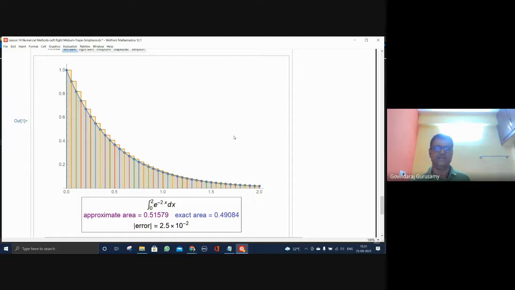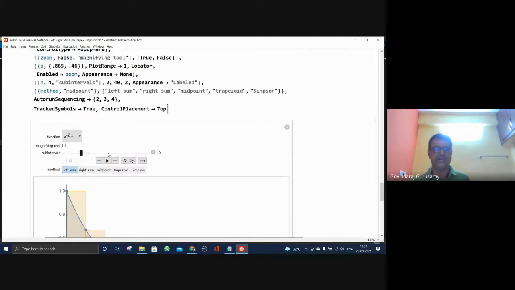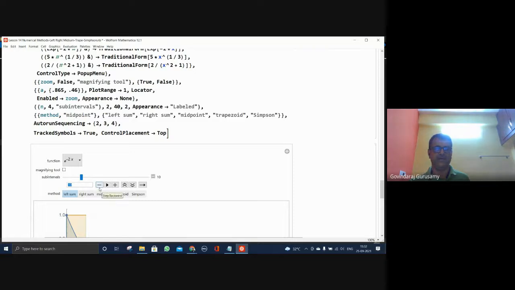It's computing, and look at this, 1.0 10 to the minus 1. Please note down this number, which means 0.105. That is your error. Now, if I make this equal to 20 for the same method,